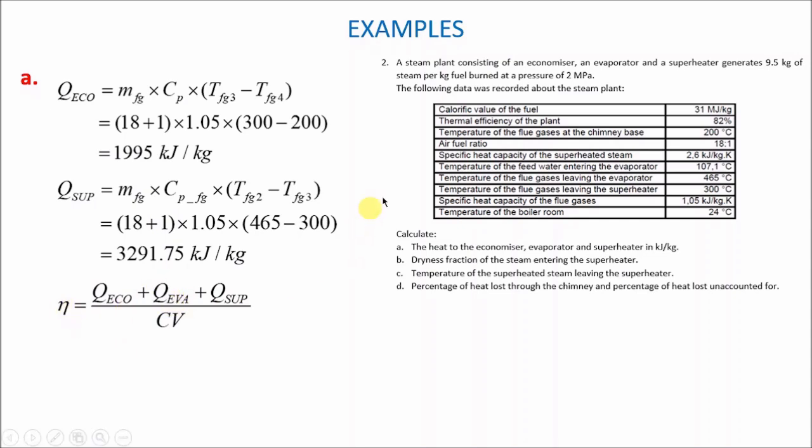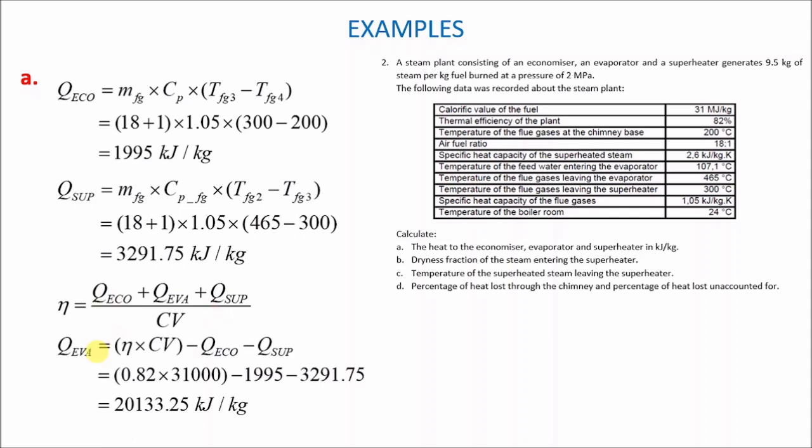Remember, in the question you are told that the thermal efficiency of the plant is 82%, so you will replace that efficiency by 0.82, and you replace Q eco and CV by what you have, 1995, Q sup, and the only thing that will remain will be Q eva, and you can find Q to the evaporator by just plugging in the numbers, and you will find it to be like that,